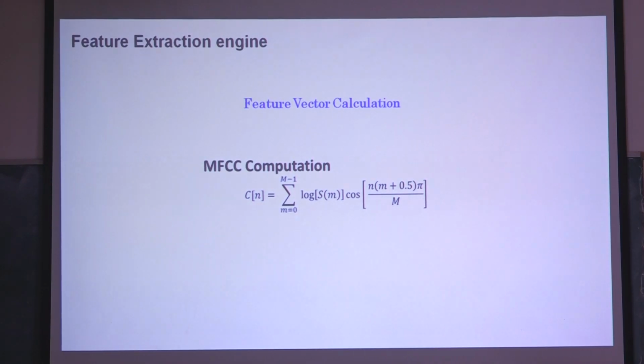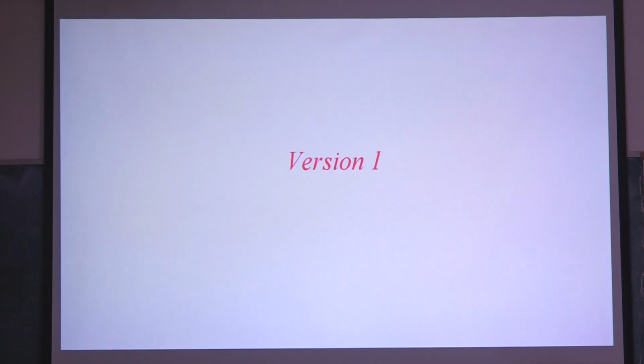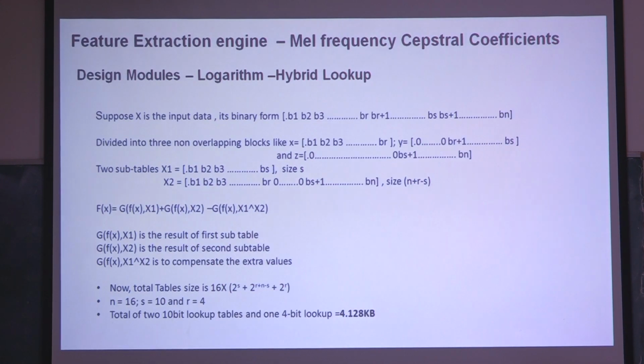To calculate this log of S of m, we do not need two MACs again. A single MAC with multiple clocks, we can reuse it, since we have more clocks available between the previous S of n and C of n calculation. The log computation was explained previously with the hybrid log table in the previous section. We'll just go through an overview of it.